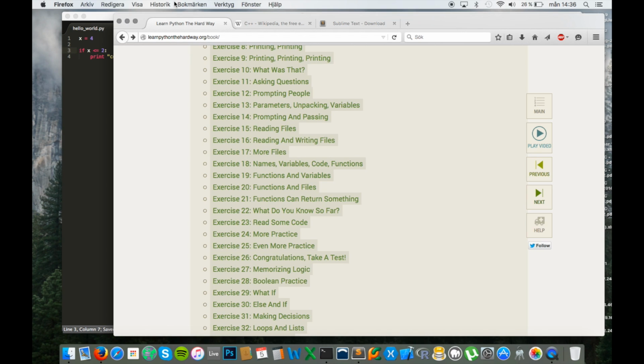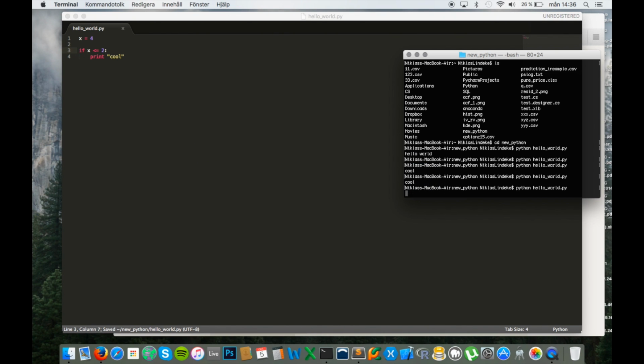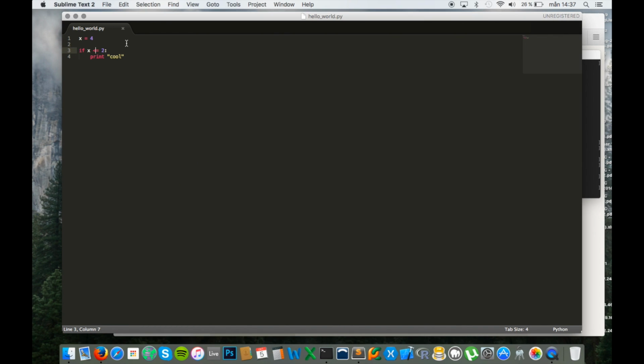We can save this there, and we can see it's not cool anymore. And now we can try out another thing, which is to have a second statement in the if. Like we have a situation where we want to see, okay, if this is not equal to 2, it is cool.